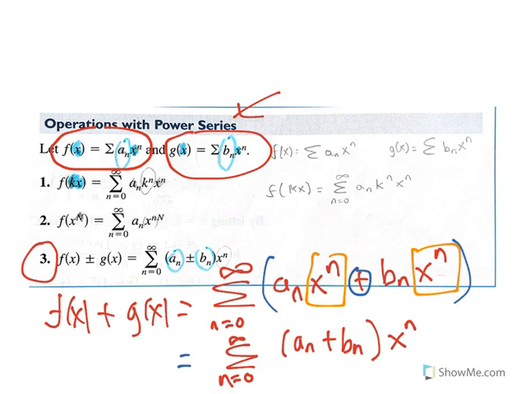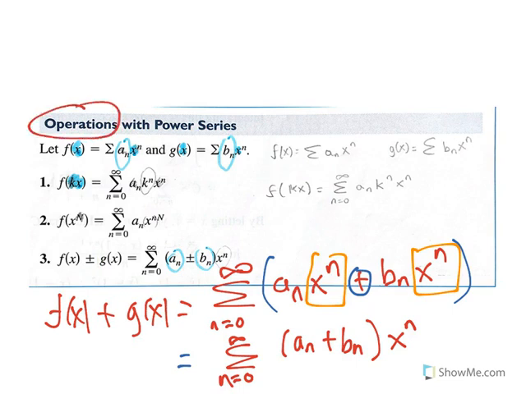You could also apply this property if you had a subtraction. You would just be doing subtraction instead of addition. So while we're here, we'll take a look at the other two operations with power series. So you're given these two power series, and we looked at 3 already. Number 2 simply says